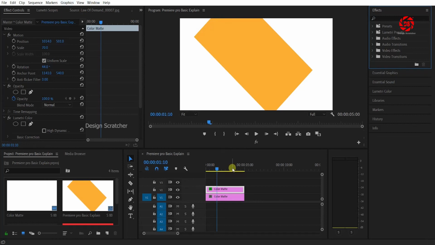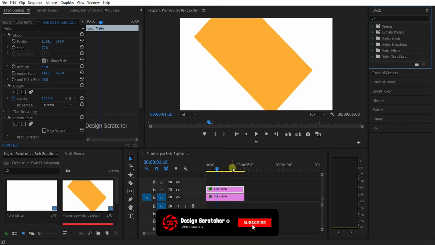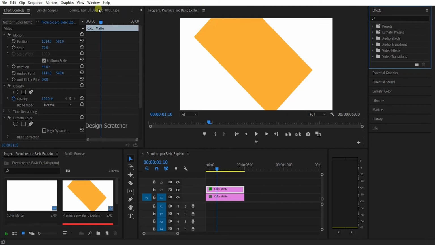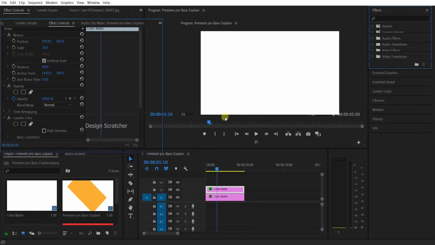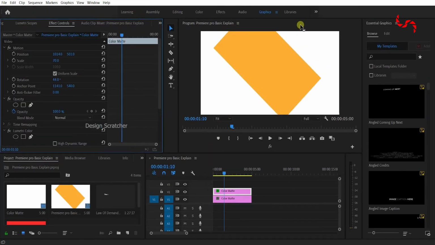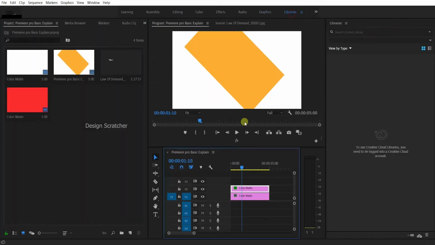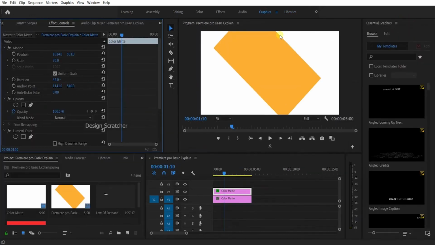Then how it suddenly goes for everything. Upside is how to go to graphics; everything, color correction, is going to effects. Window, then Workspace, go to Graphics. It automatically converts to graphics and automatically enables learning, assembly, color, effects, controls, audio, everything here only. And libraries, if you have internet you can choose here. Otherwise go to graphics, better for everything. It is a little bit forward for the beginner.